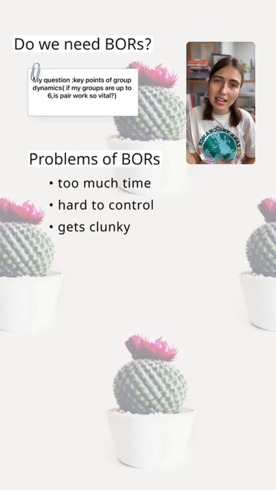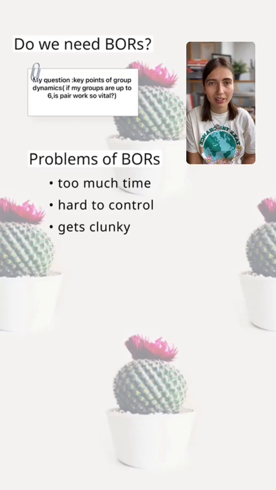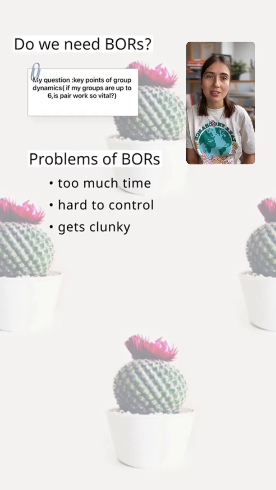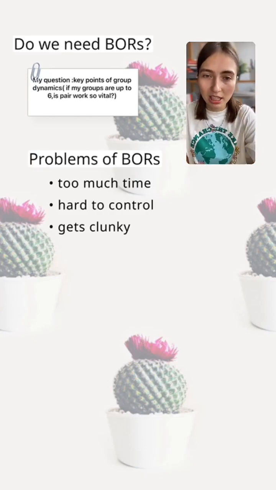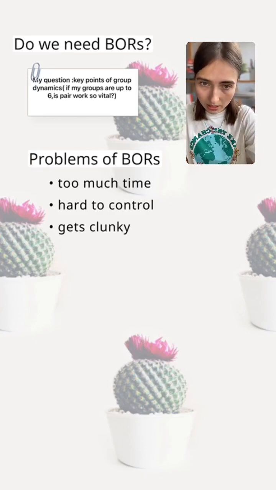It sometimes gets clunky. Sometimes people get lost along the way. It takes so much time. And I think that you absolutely need to bear in mind, asking yourself, do I really need pair work? Or can we do it all together and it's going to be quicker and more efficient? Again, think about all of that. What's the aim? Why do you send people to work in pairs? And then if you think about all of the problems,